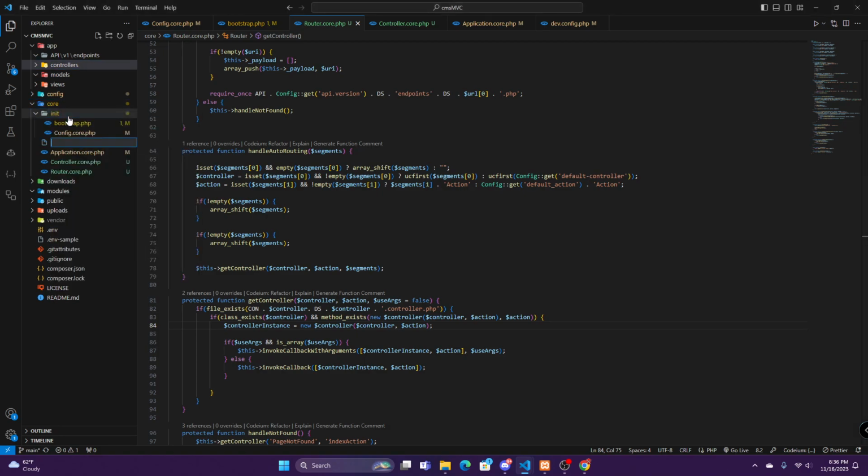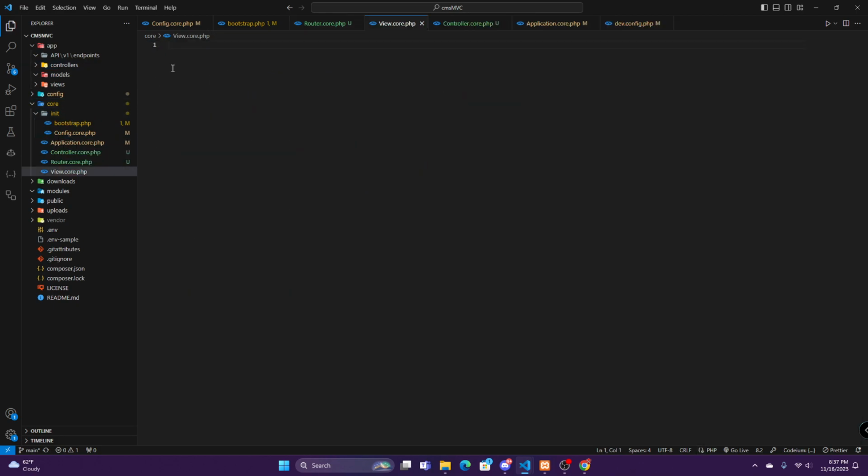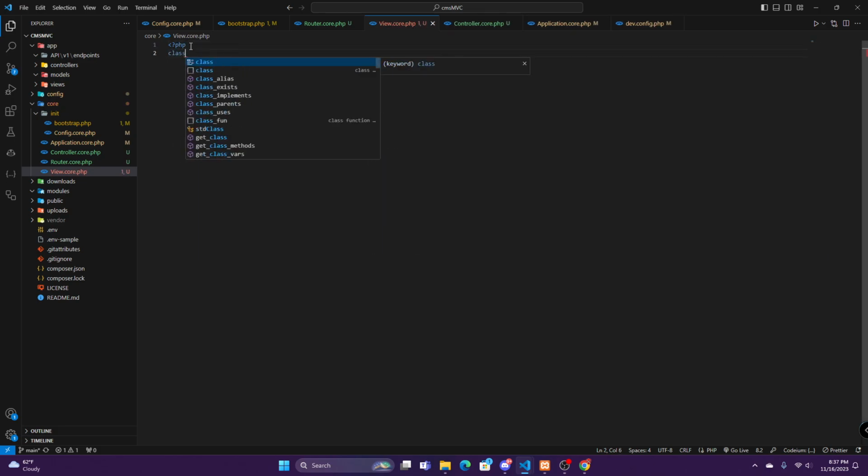Okay, so I'm creating a new file, and this is going to be view.core.php. And essentially we're just going to create, now this is actually going to have a lot of protected variables, so we'll go and do this one by one. But first, let's open up PHP. Okay, so I'm going to create class view,